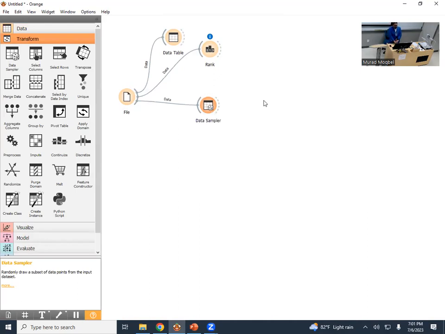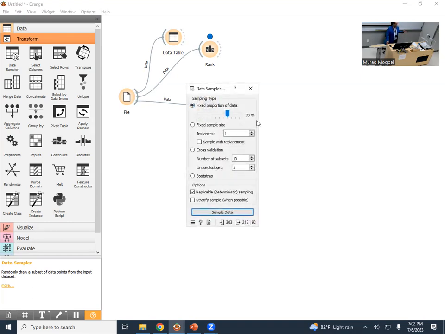Right. Now for the data sampler, remember when we said partitioning our data set 60-40, or some people do 80-20. Some actually do even three partitions: training, validation, and test. Maybe 50 training, 30 validation, 20 test. But for us in this case, we will do maybe 60-40. It's up to you how you want to partition the data. But let's see here the default. The default is 70,